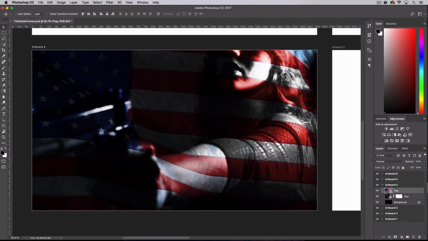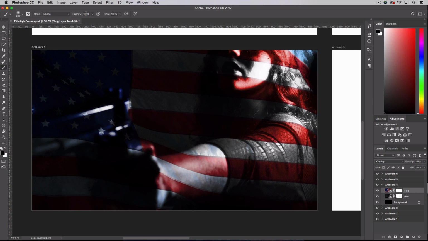And what I'm going to do differently with the flag is I'm going to actually layer and blend it over our young woman with the gun. Again, the gun, we created a selection and created a layer mask that separated it from the background. For the flag, we're just going to use the brush and try to blend it in with our young woman and gun. So if I come down here to the bottom and hit add layer mask,